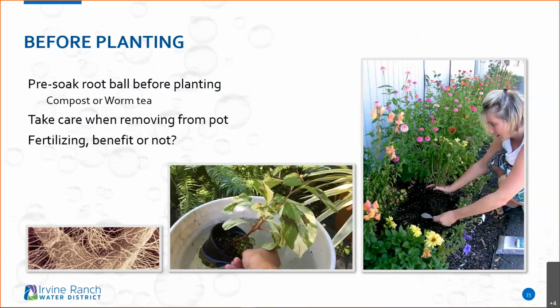Fertilizing, benefit or not, some people like to stick some fertilizer into that ground, into the digging hole. Just note that phosphorus is for root development and for flowers. So you can have something like bone meal. Try to go with an organic fertilizer, some bone meal. Blood meal is really high in nitrogen, but that's going to make the plant push out green. You really want it to push out roots. So if you are going to use some organic fertilizer, you can get something out there with a higher phosphorus than nitrogen, and some good potassium out there just for some strong, healthy plant cells.